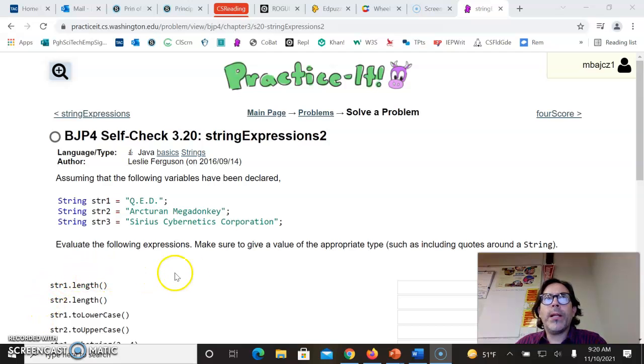Welcome everyone. We're going to go over part of the Practice It Self-Check 3.20 String Expressions 2. If you need help with any of the other additional ones, you're stuck on something, you can certainly email me. But we'll go over at least one of each of the different methods that we practice with in class